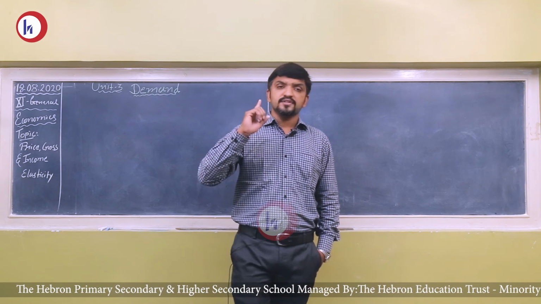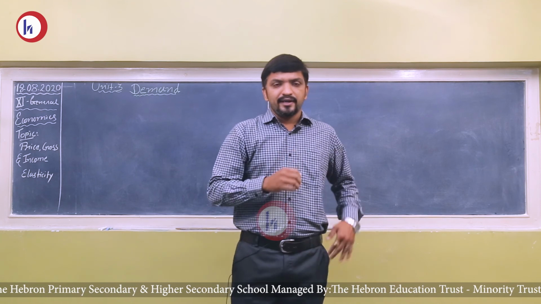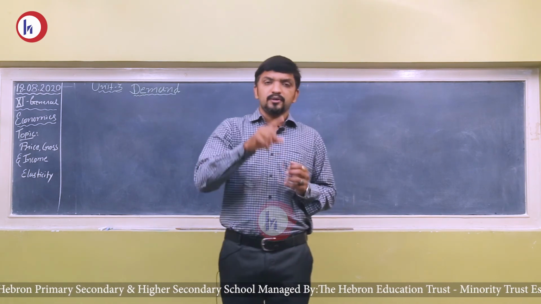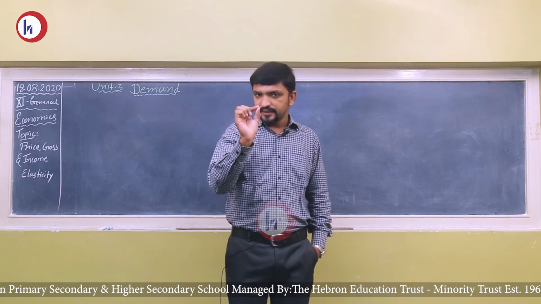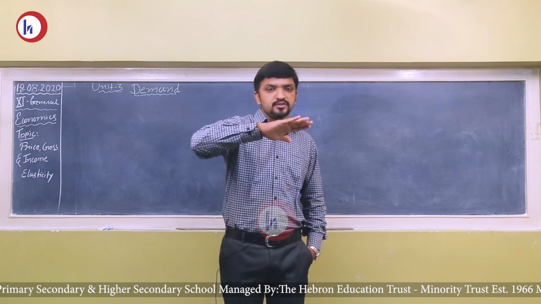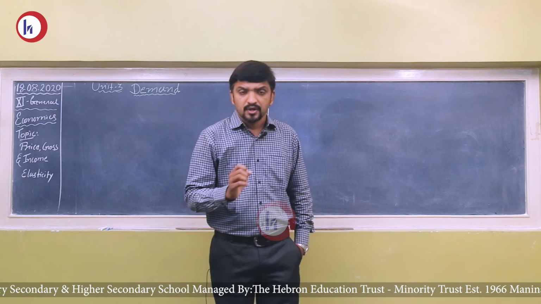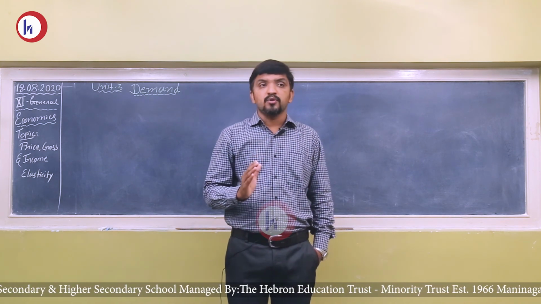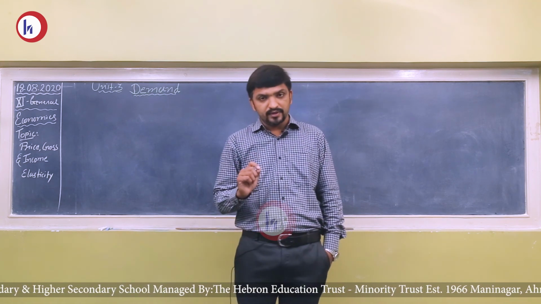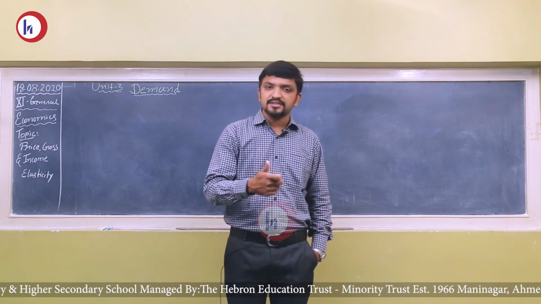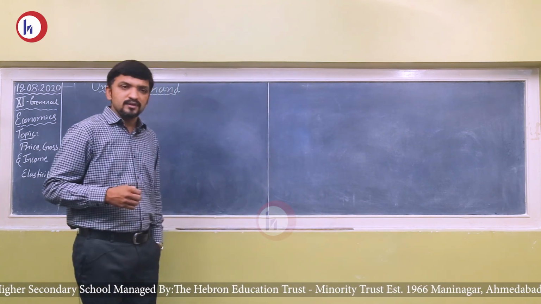So, what was our first type? Yes, number 1 was elastic demand. And do you remember the outcome? Outcome was greater than 1, which means percentage change in demand is more than the percentage change in price. Our definition was, when percentage change in price of the commodity brings more proportionate percentage change in demand of a commodity, it is known as elastic demand. So, let us present the same with the help of a figure.